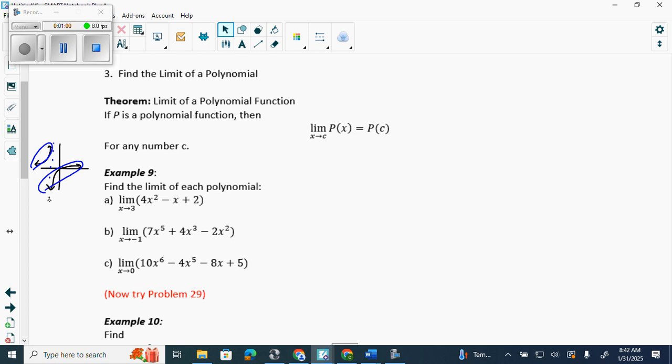right? So this one here, this is a quadratic. So if it's a quadratic, we can just plug in the value because it's continuous at 3. It's continuous actually everywhere. So when it's continuous, from the left and the right, the limit will exist, but also at that coordinate it'll be the same value. So we can just find f of 3, technically. So we're going to go 4 times 3 squared minus 3 plus 2. And we get 36 minus 3, which is 33, plus 2,